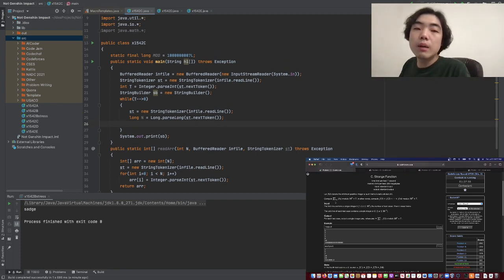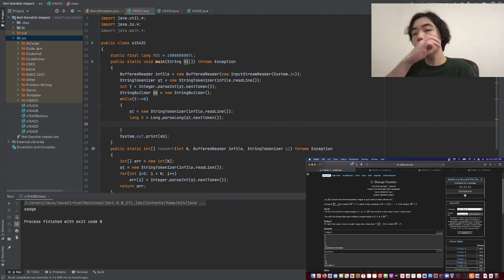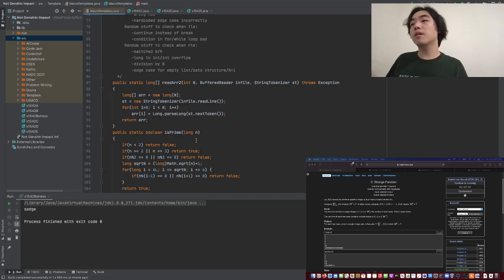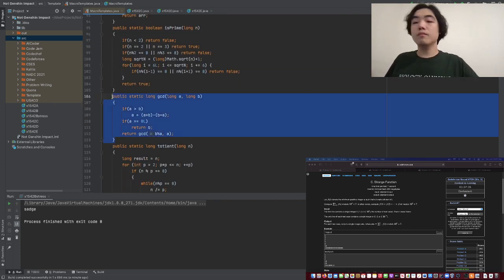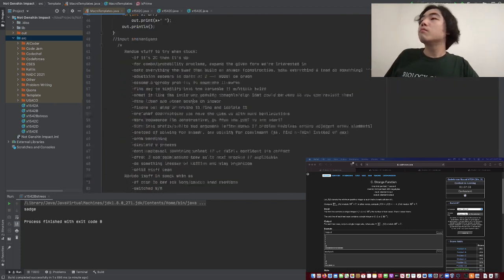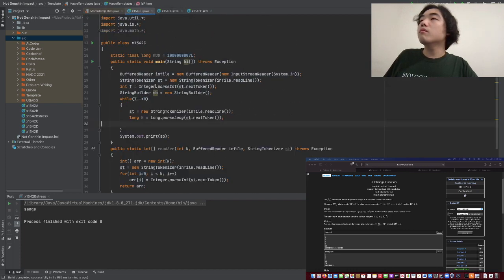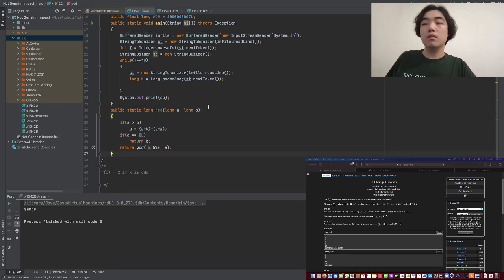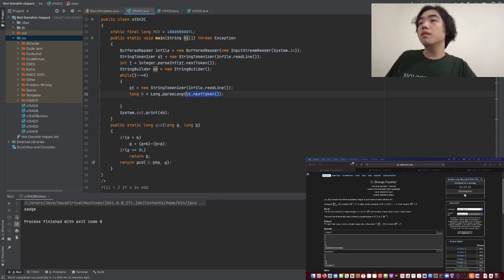Wait, so if it's 2 times 3 times... I wonder what the smallest an answer could be. Like, X is not a divisor of I. So what is the LCM? I guess we could use LCM to figure something out, because if every number is at most 10 to the 6, then